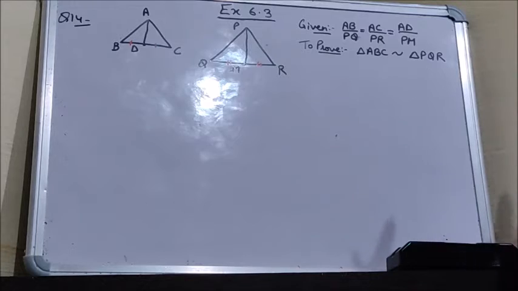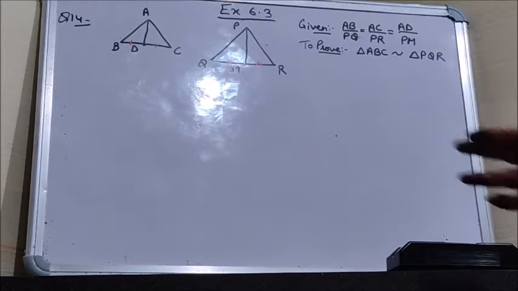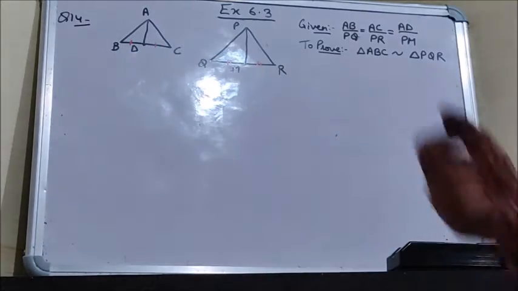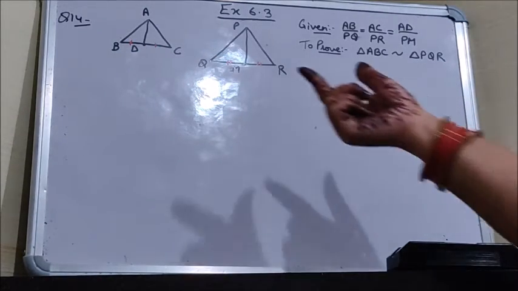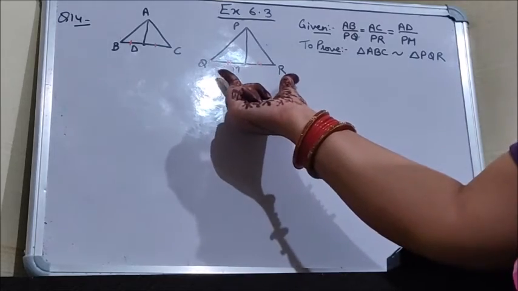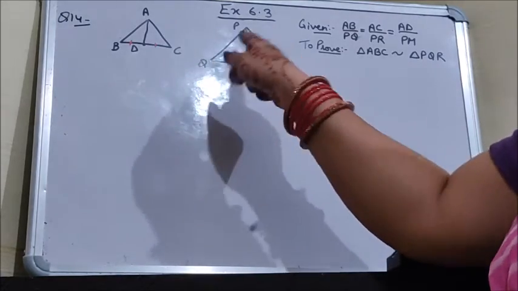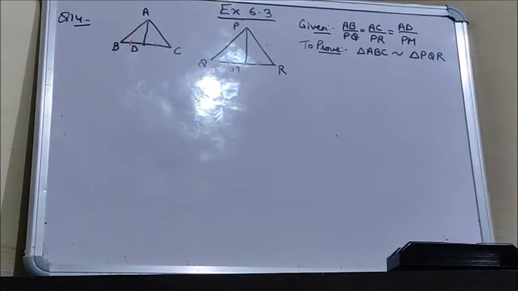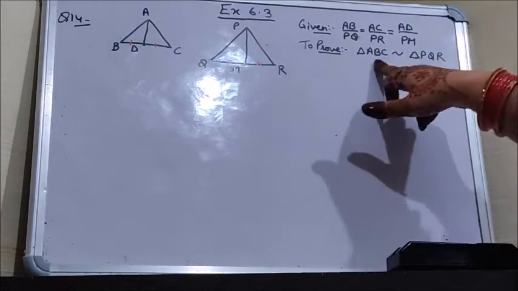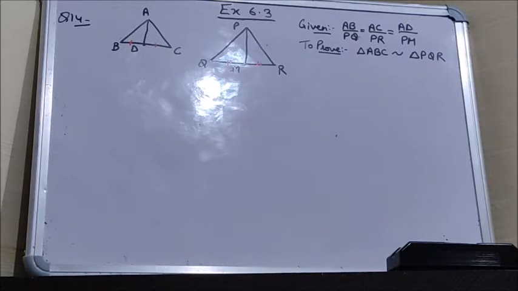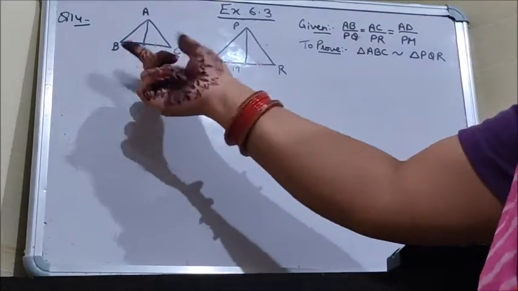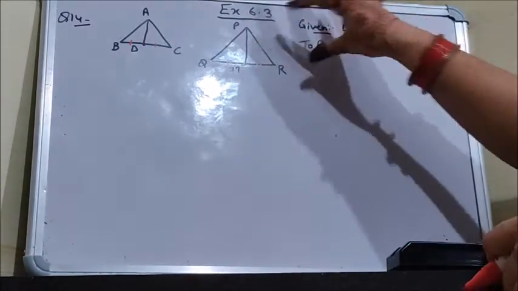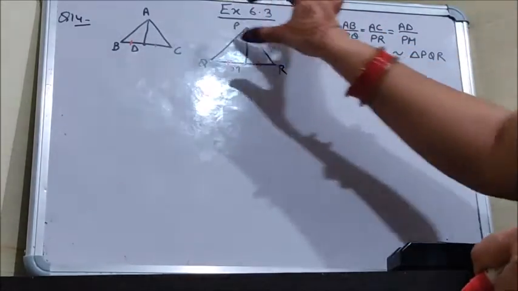The difference between question number 12 and this question is that there they had given this side proportional, so it was easy for us to solve directly because it is 2 times. Since that side is proportional, we have done half, so we can prove the smaller triangles similar, and so this angle was equal. So it was very easy to prove that the bigger triangles are also similar. But in this case they have not given this side; they have given AB upon PQ is equal to AC upon PR is equal to AD upon PM.